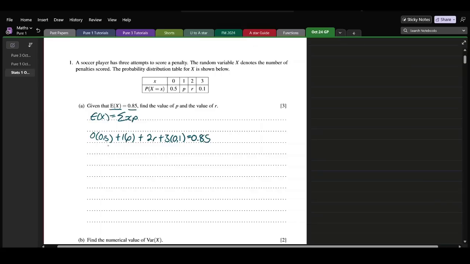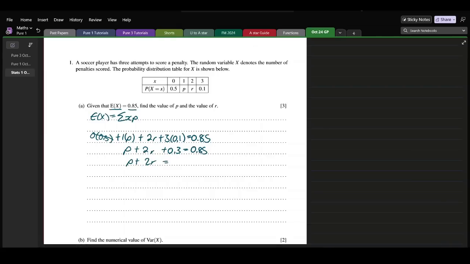So let's simplify. This becomes p plus 2r plus 0.3, and this is equal to 0.85. So p plus 2r is equal to 0.85 minus 0.3, which gives us